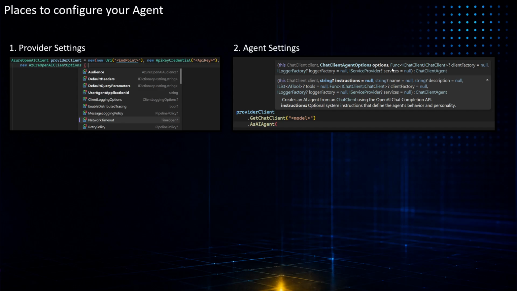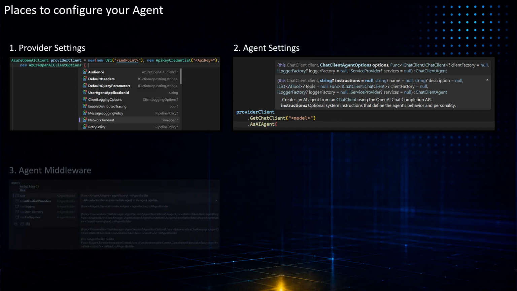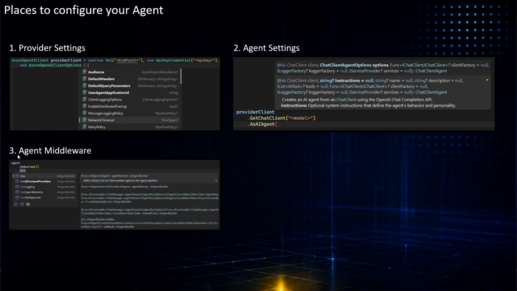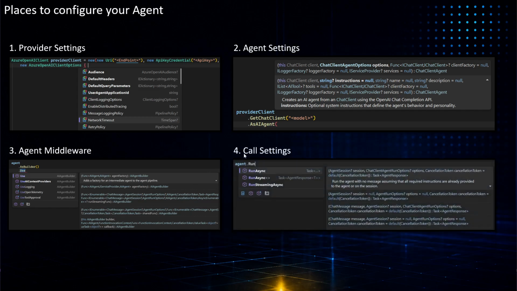There are 2 overloads when you say as AI agent, and we'll cover every single thing that is possible to set there. Then we cover middleware, where, after our agent, we can put some more configuration on it. And finally, when we actually make the individual call, there are some additional settings that we can set. Not that they are too important, but they are there.